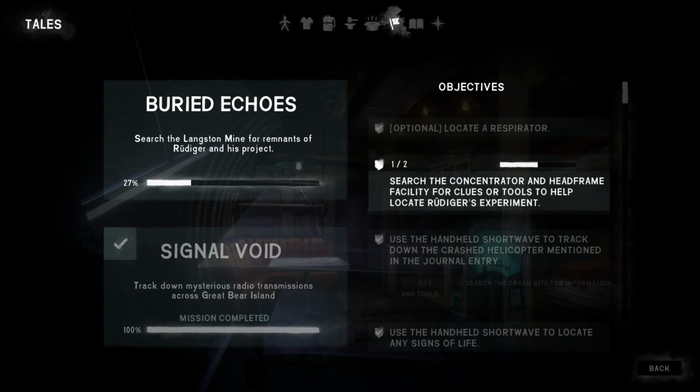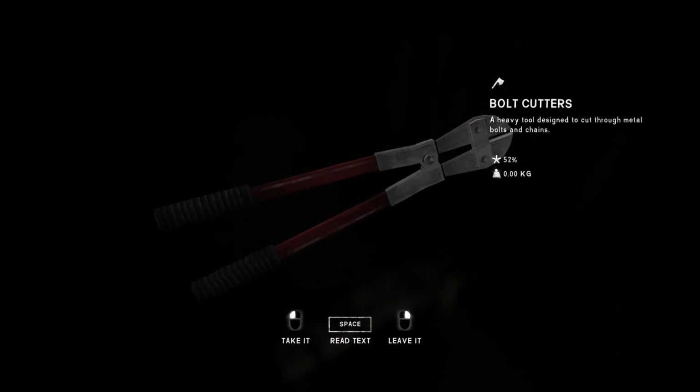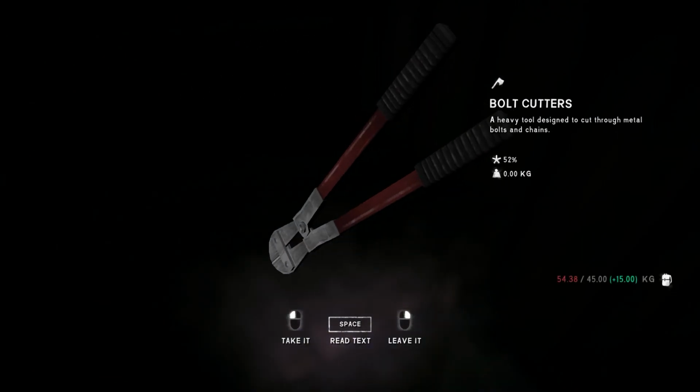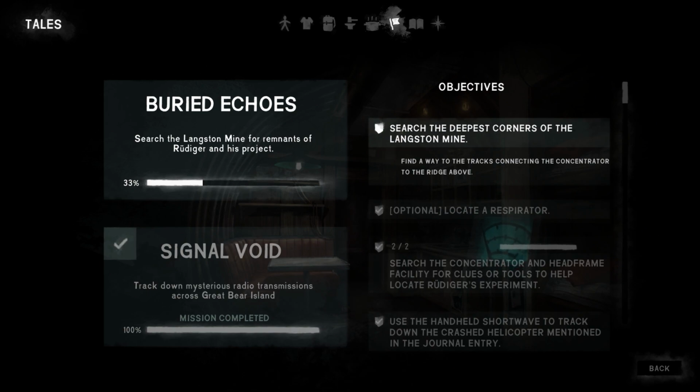So there's one more thing to find, which is important to continue with the objectives. These bolt cutters is what you need. Don't forget to pick them up, otherwise you're not getting anywhere. After picking those up, the objectives are going to update, and then we have to find a way to the